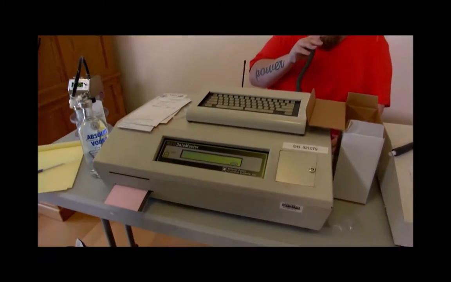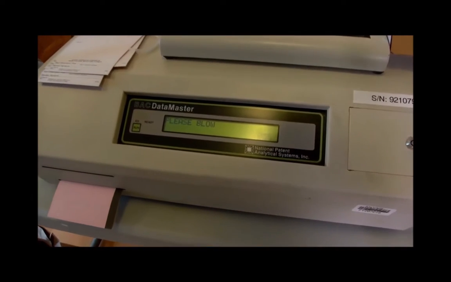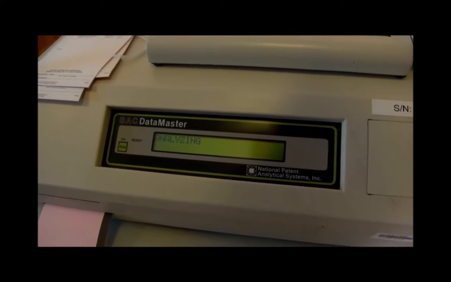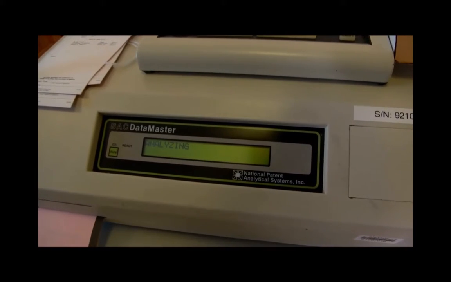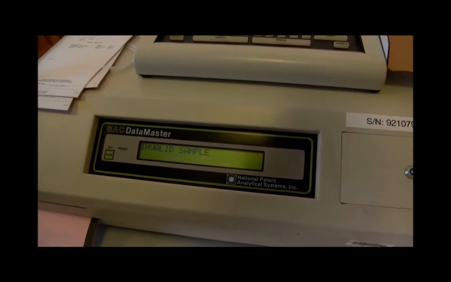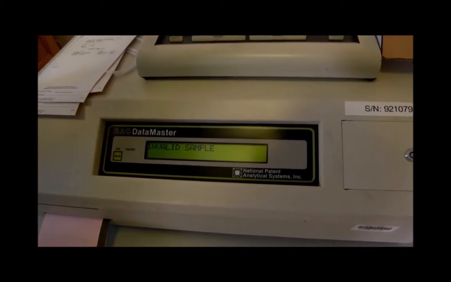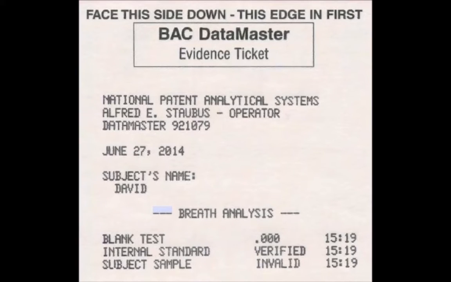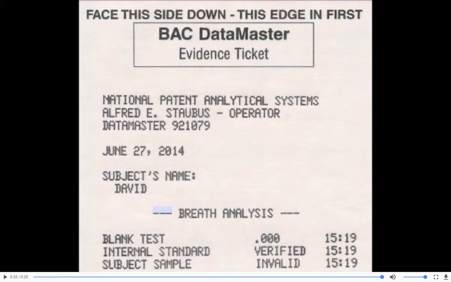So now you get a better mouth alcohol sample. Use the low again, and meanwhile we'll kind of concentrate on the display. Okay, it was up to around 0.05 and then it dropped down to 0.04 something, and that drop was caught as an invalid sample. So there you go. It was mouth alcohol. Enough had dissipated from the mouth that it didn't produce the detector overflow. I mean, the guy was swishing vodka in his mouth directly. But when we got to that point, the machine recognized the negative slope and produced the invalid sample.